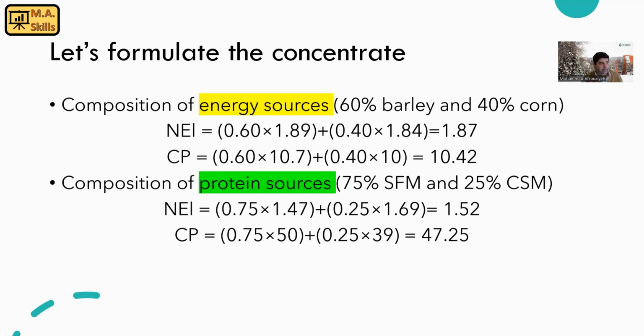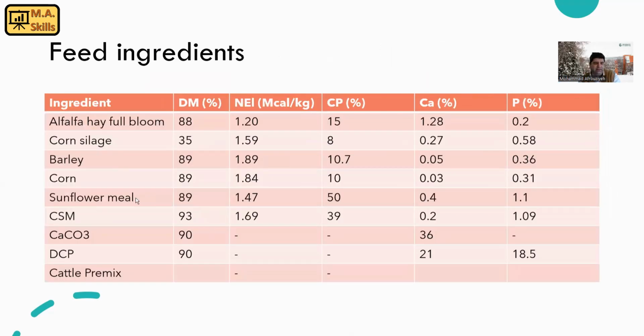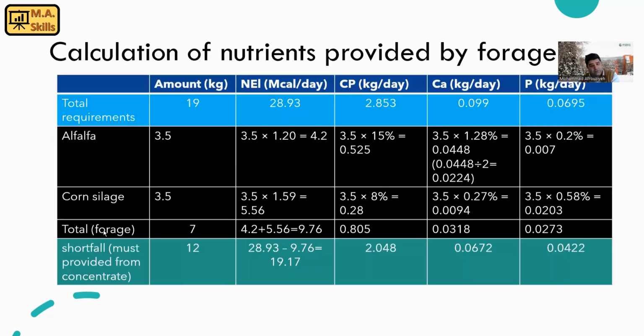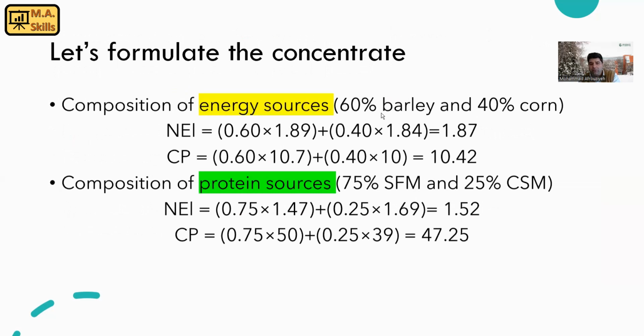So here, if you look at the feed ingredients list that we provided in our previous episode, we're going to use barley, corn, sunflower meal, and cottonseed meal in our diet, in our concentrate. And from this list, we can see barley and corn are energy sources, and sunflower meal and cottonseed meal are the protein sources. So what we're gonna do is we're gonna assign a number for each